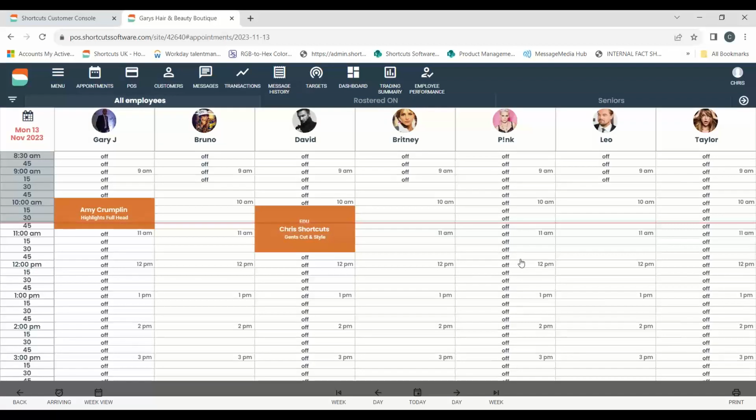Just very quickly, we've got just over 10 minutes left. I'm just going to very quickly show you one of my favorite reports in the cloud. It's something we should all be looking at, and it is called the dashboard. Okay. Now at the top here, we can click onto dashboard,